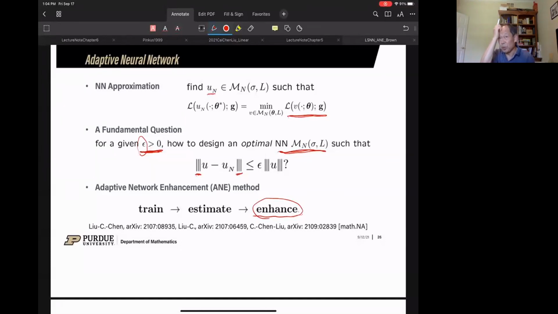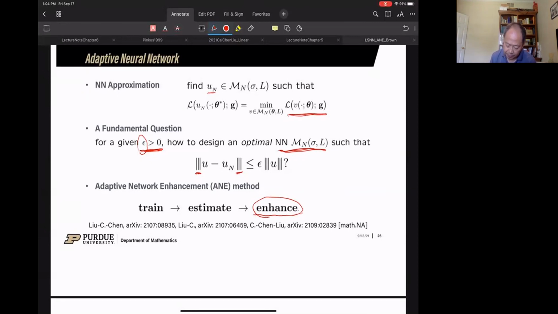This one we actually started more than a year ago, a year and a half ago. This is because I spent 80 years on posterior error estimation, because my lab experience realized that for most of the difficult problems we have to do adaptive mesh refinement. We have to have some stopping criteria like posterior error estimation to tell us whether or not our solution is good enough. Okay, so we wrote a couple of papers, all on arXiv.